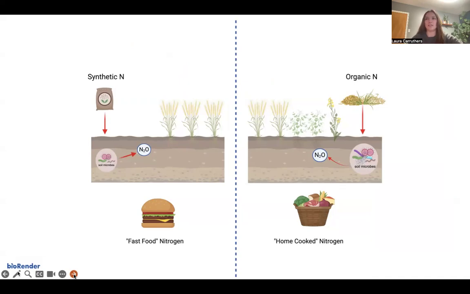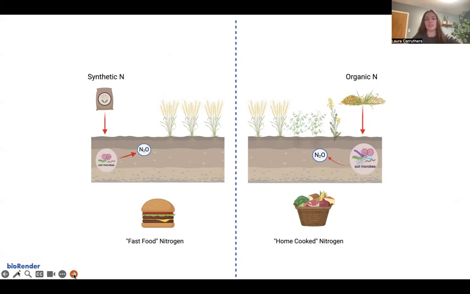My research aims to understand what happens when the system is given a nitrogen source that it isn't used to. What happens if those fast food loving microbes are given a basket of ingredients? Or if the home cooking microbes get a bag of French fries? Essentially, if farmers that used to rely heavily on synthetic fertilizers switch to more regenerative cropping practices, what will that mean for N2O emissions? My research aims to understand and answer these questions using isotope-labeled nitrogen sources to understand the relationship between management history and nitrous oxide emissions.